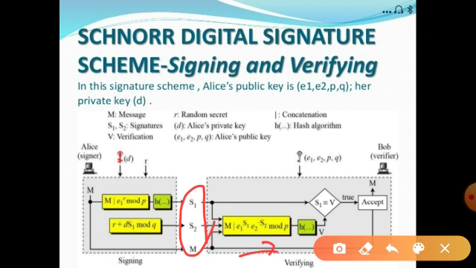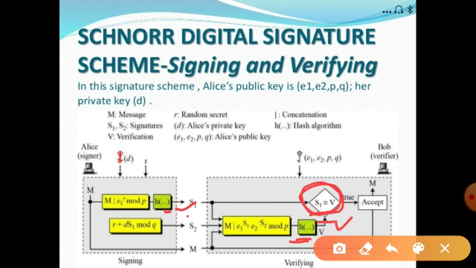At the receiver side, what are we doing for the verification algorithm? Here s1, s2 and m we are giving as an input to this function, and then we get one value. Then we give that value as an input to the hash function, and we get one digest, that is v. Now we compare this digest with the previous digest, that is s1. Here s1 is also a digest, in the sense a hash code, a hash value. Now we are comparing these two values.